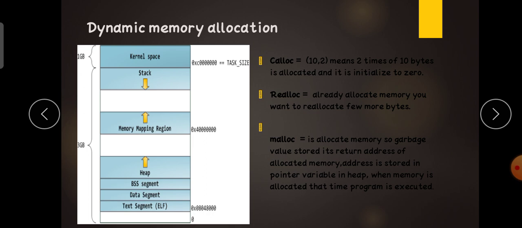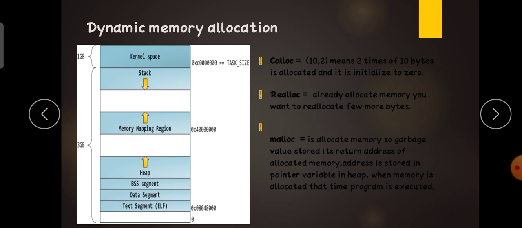Malloc allocates memory. First it holds only a garbage value, then it returns the address of the allocated memory. The address is stored in the pointer variable. The memory is always in the heap, but the pointer stores its address. When memory is allocated, that time the program executes the malloc function.